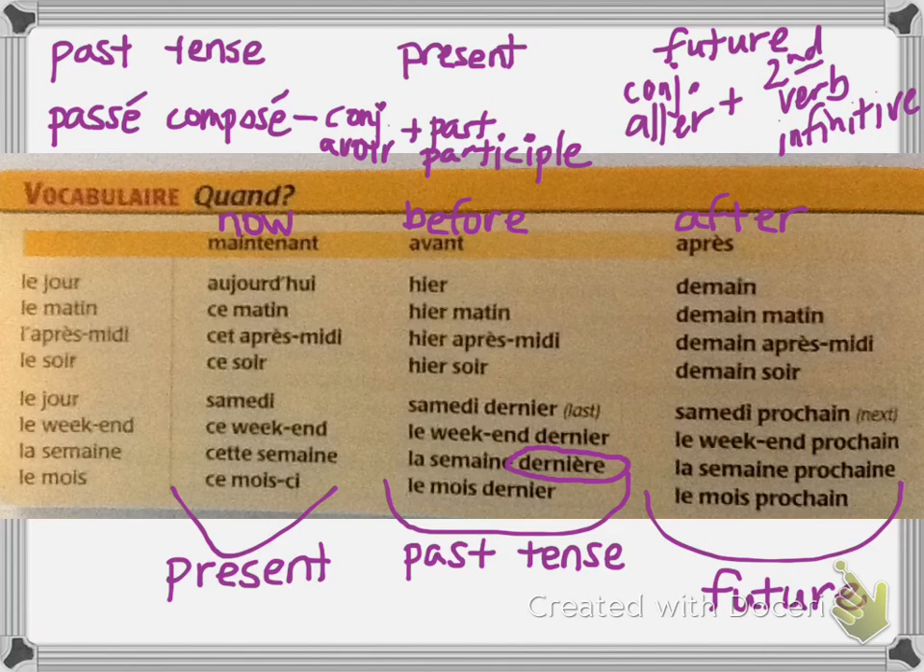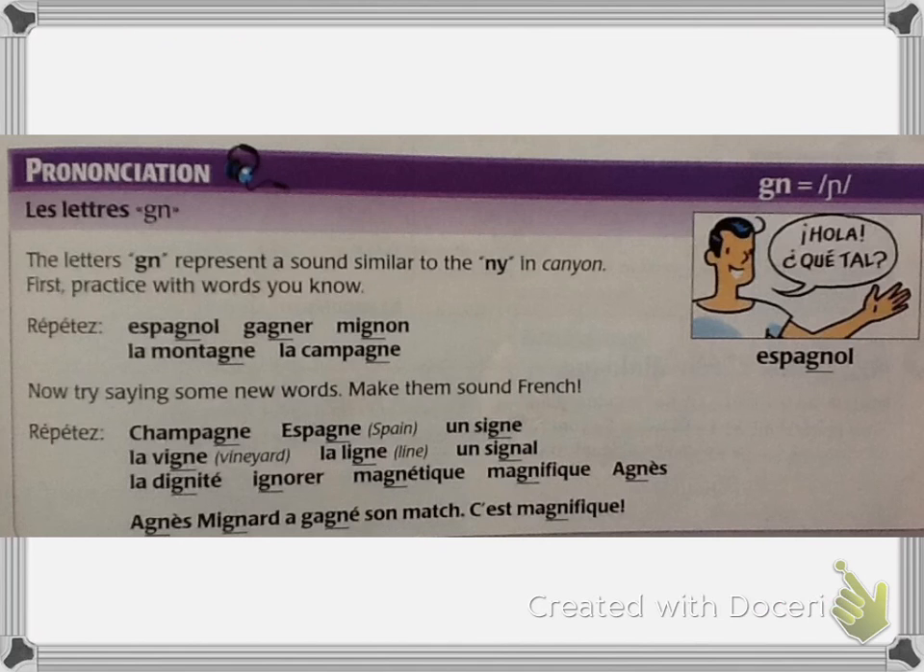And again, the difference in the spelling of prochain here has to do with the masculine form and the feminine form. All right, the prononciation. Les lettres GN. The letters GN represent a sound similar to an NY in canyon. First, practice with words you know. S'il vous plaît, répétez. Espagnol,